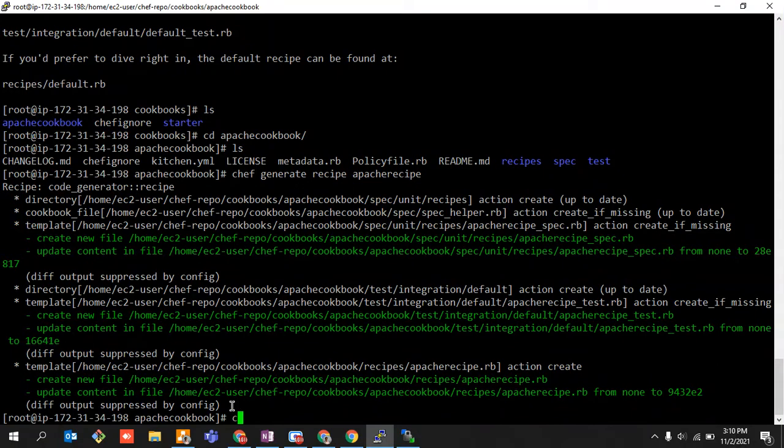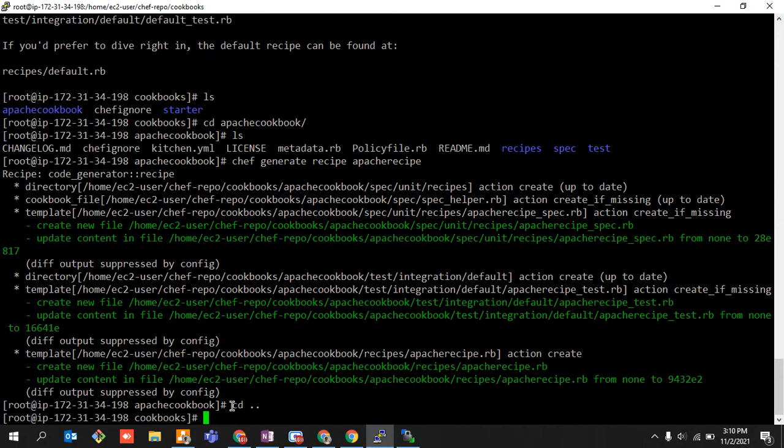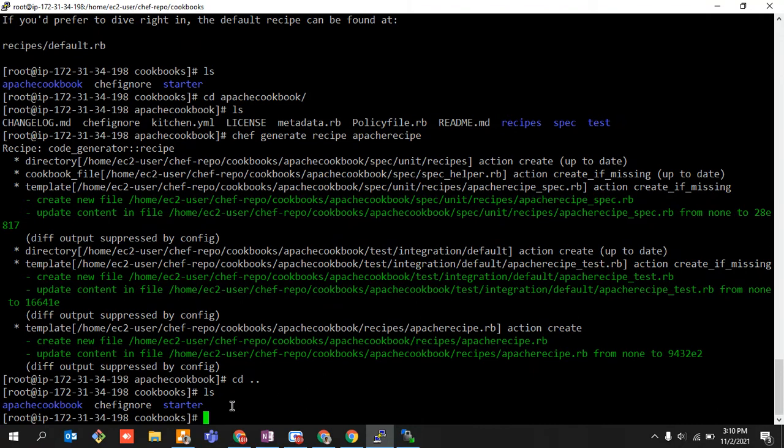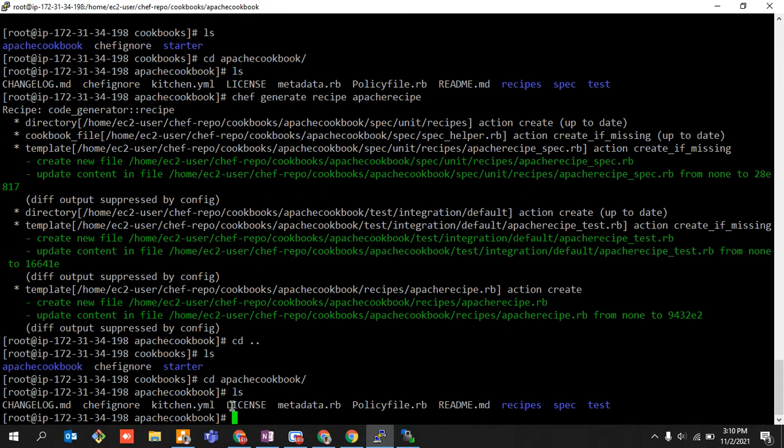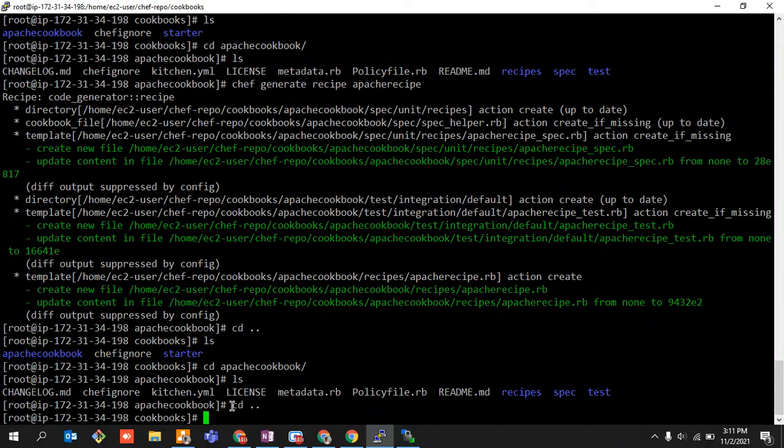We always write our code outside this particular cookbook, this means apache cookbook. We do not write our code at this location. Only for creating your recipe, you enter inside your cookbook, and in order to write the code onto that recipe, you need to get out of that cookbook. I hope I have already told you guys this concept earlier, right?